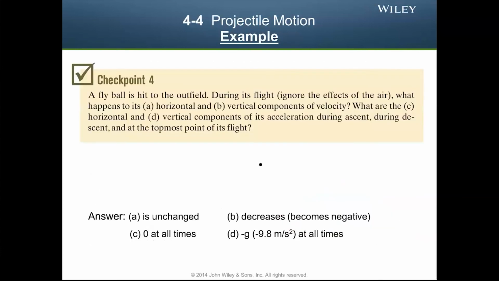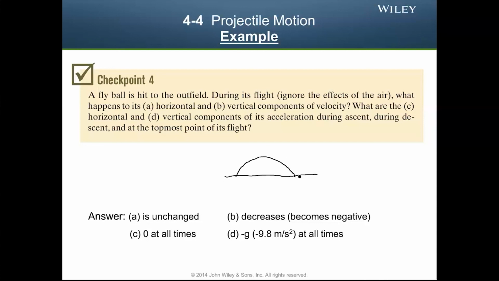Okay, checkpoint 4. A fly ball is hit to the outfield. During its flight, again ignoring air resistance, what happens to the horizontal and vertical components of the velocity? So again, same exact situation. It doesn't matter how colorful they make it with the story. A ball is hit